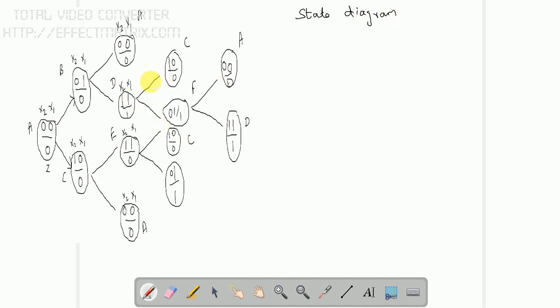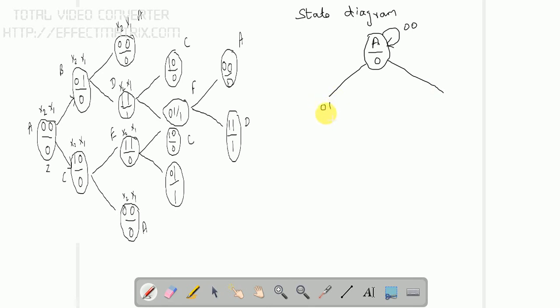From this tree, first I am going to take the A state. So what is the A state here? Here, this is the A state, and we have the output as 0, A by 0, and I'm going to circle this. And what is the input of A? It is 0 0, so I'm going to draw a self state like this, 0 0. From A, I have 2 states, B and C. So B and C. So B is 0 1.